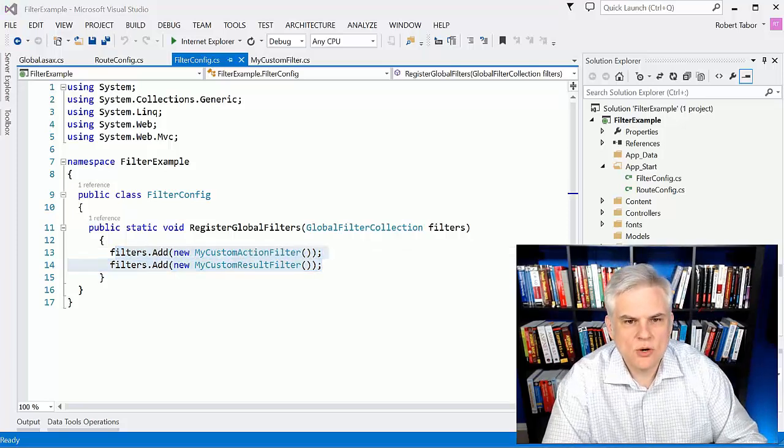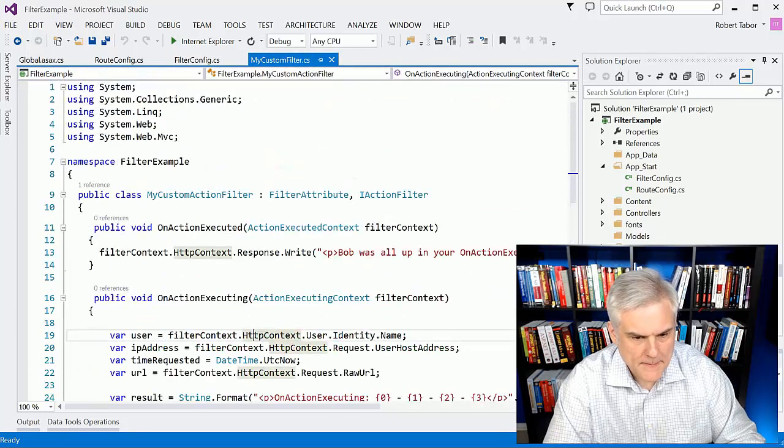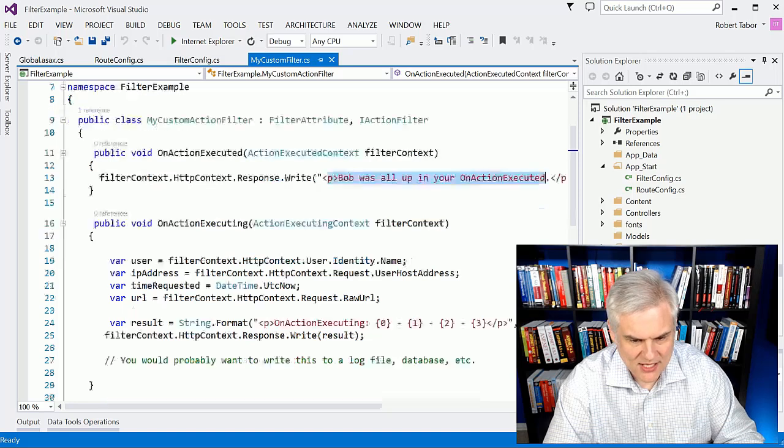Okay, so let's take a look at what these things actually do. This first filter I'm calling an action filter, and this is going to happen on the request. And so I'm going to say, when this comes in, I'm going to write something to the response stream. I'm going to write "Bob was all up in your action, on action executed,"